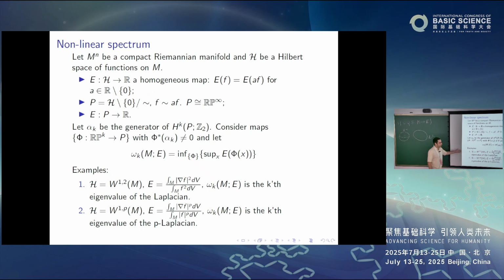It turns out that linear maps are the minimizers. So in this case, we will just get the linear maps. Exactly. So for the Laplacian, you'll just get the linear ones, but in general, you don't. And so this is a way of generalizing this Rayleigh quotient characterization of eigenvalues of the Laplacian to more general settings.